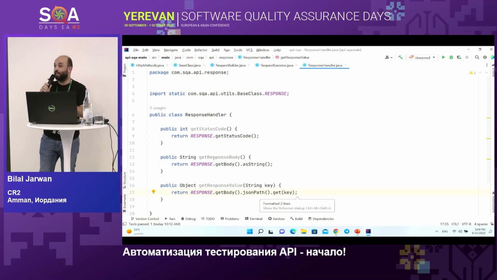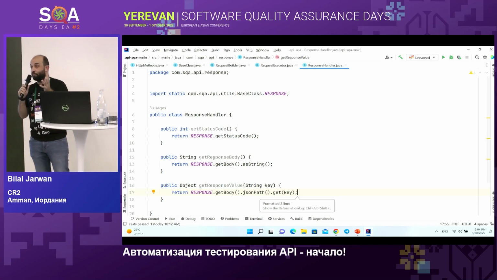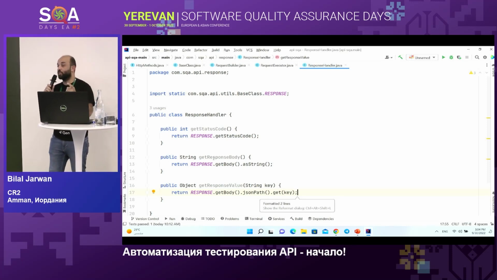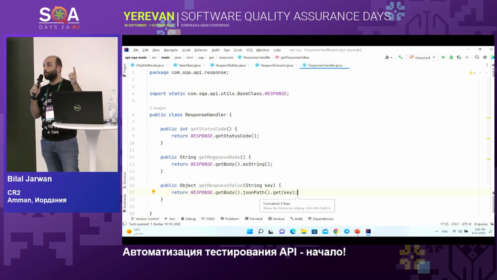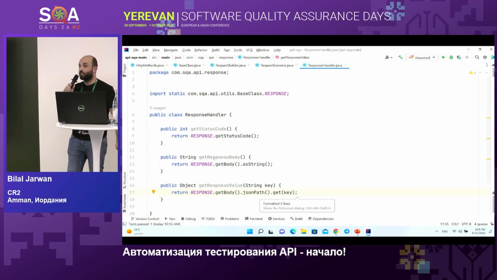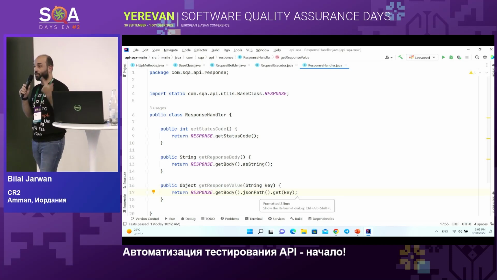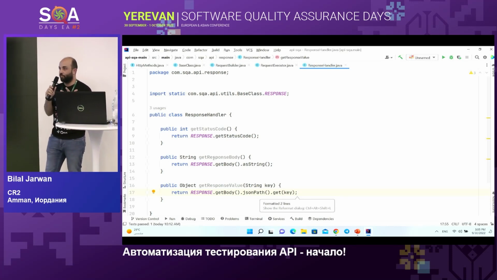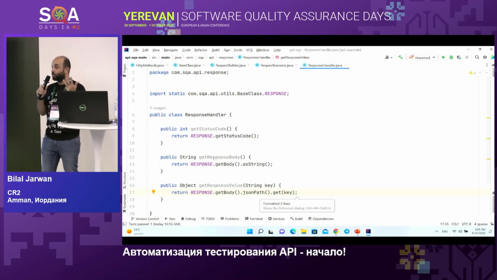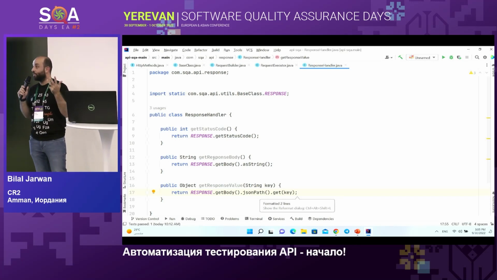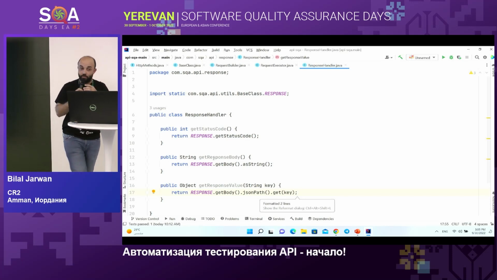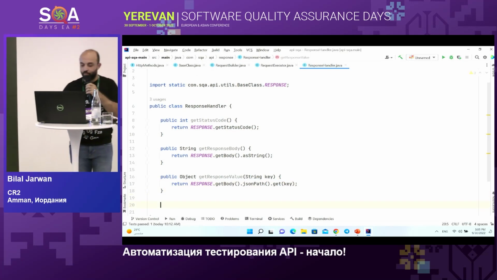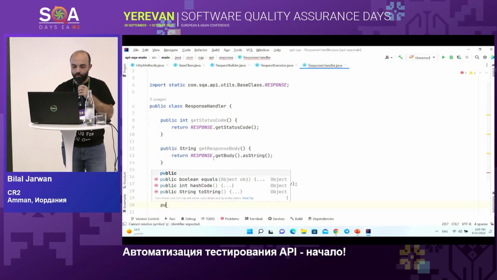What is the missing method here? We have another method we need to add. What do you think? Which method do we need? We're returning the response body, the status code, the response value for a specific key. We need to check another thing. What is it? Response time. That's right. So we need to create a public